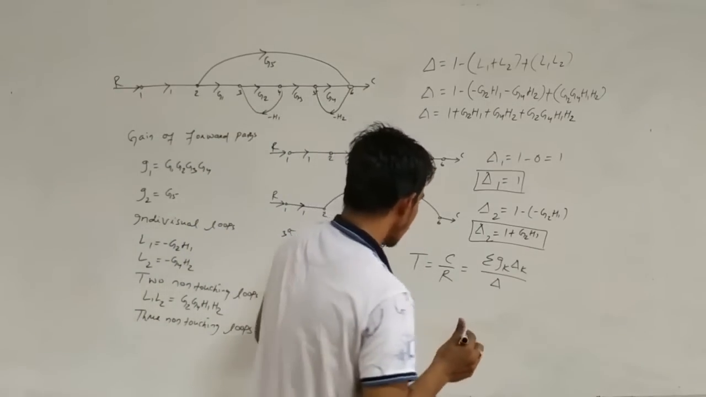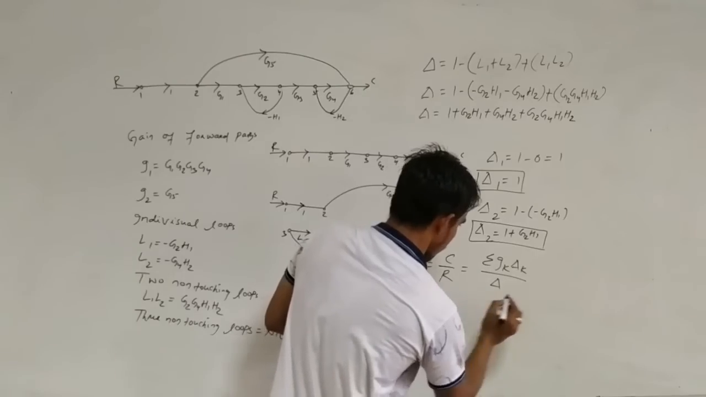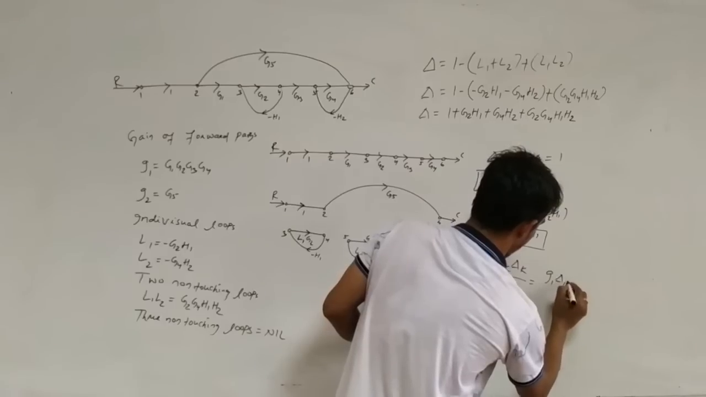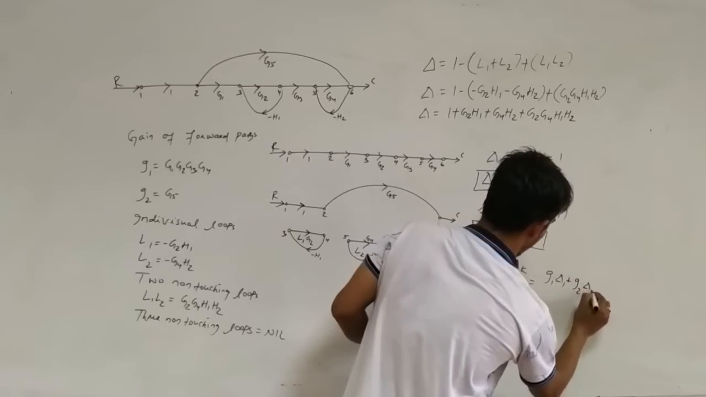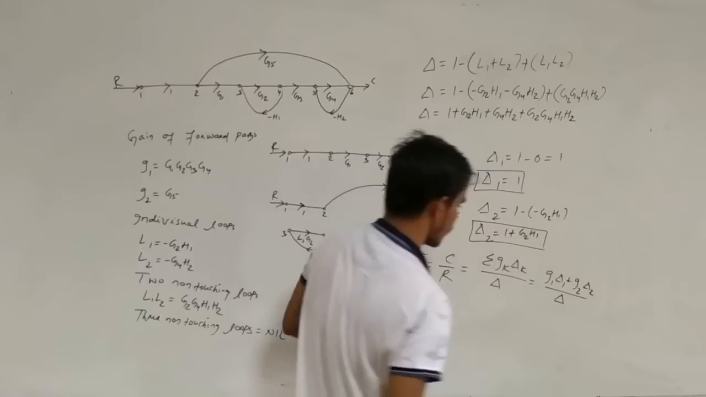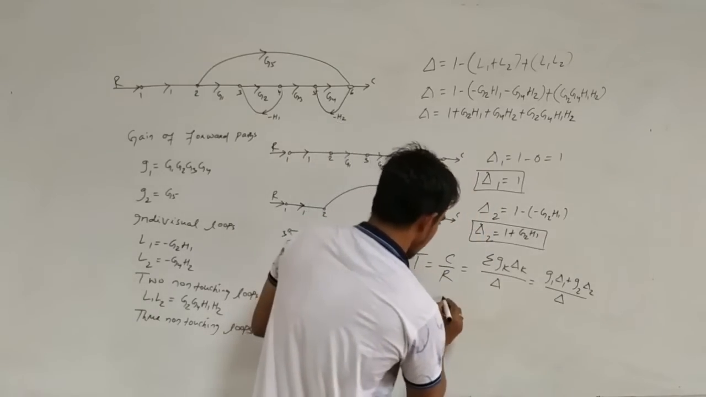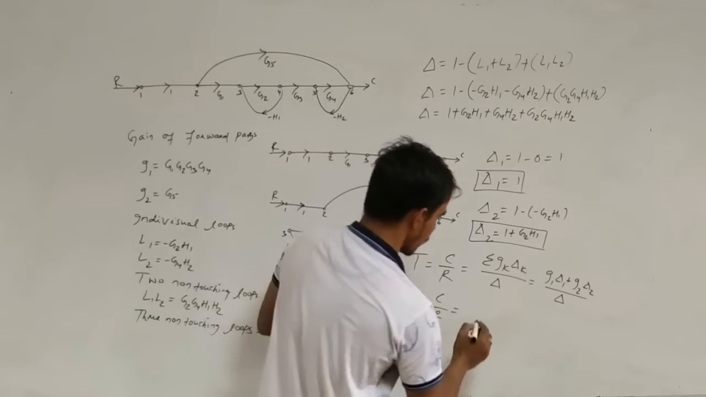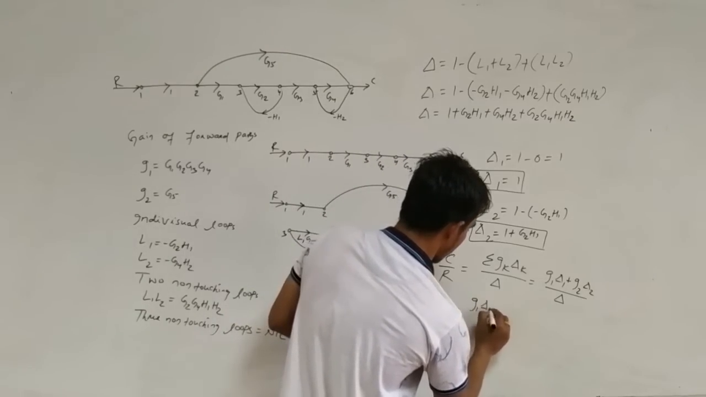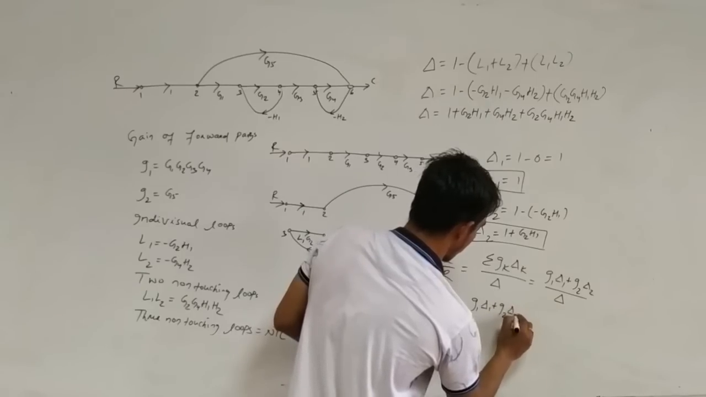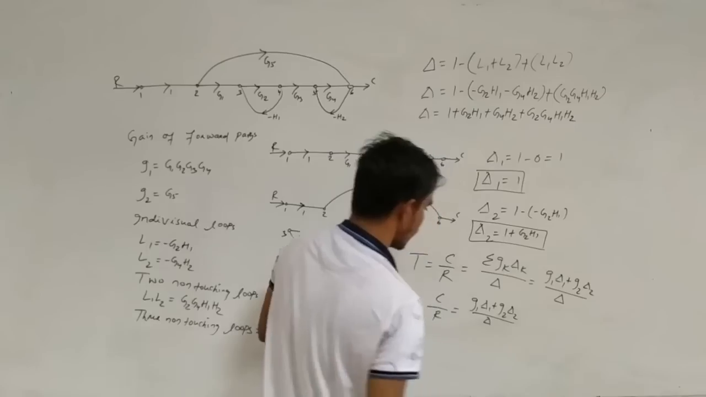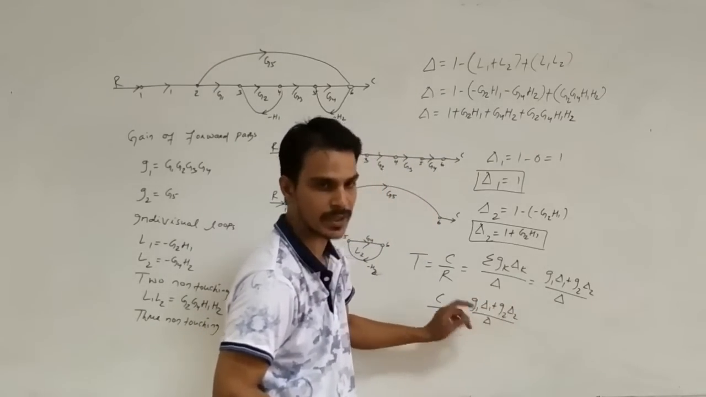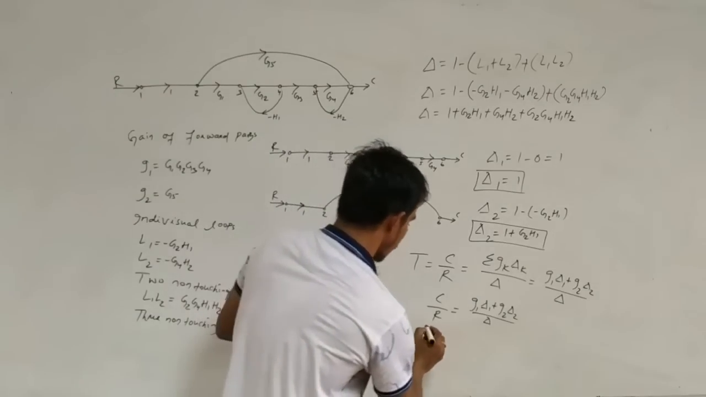So we have to consider C by R, or we can write this as G1 delta 1 plus G2 delta 2 divided by delta. Or we can write transfer function C by R, or ratio of output by input, equal to G1 delta 1 plus G2 delta 2 divided by delta. Now put the value of G1 delta 1 and G2 delta 2 and delta respectively. So C by R